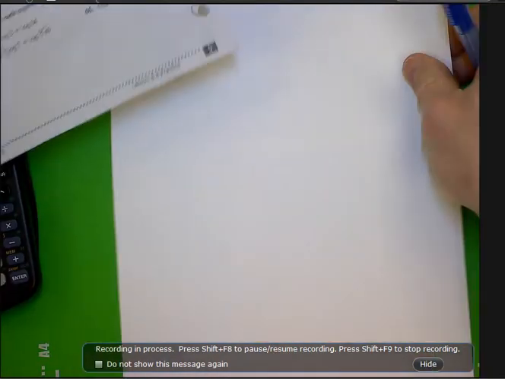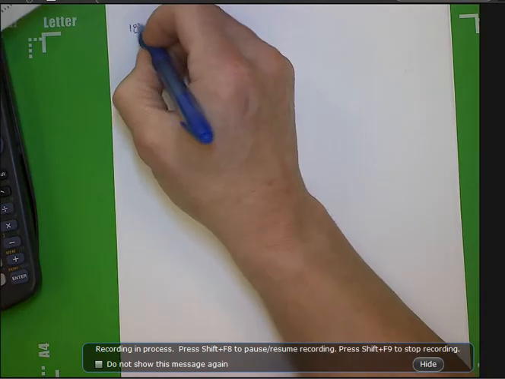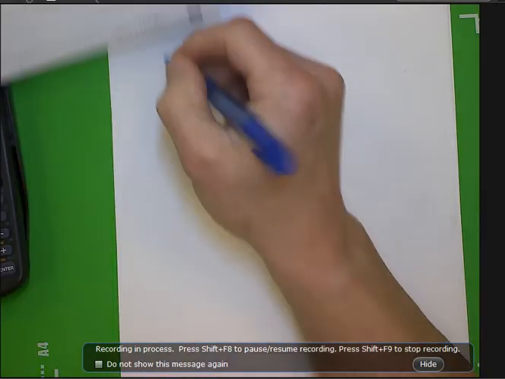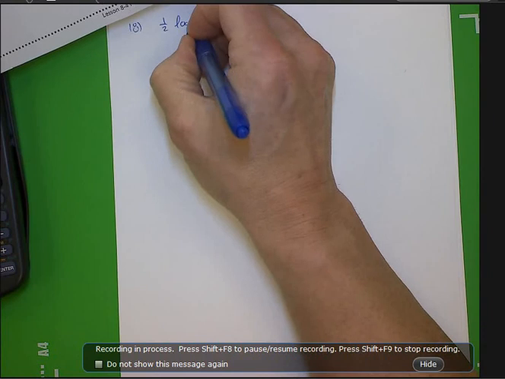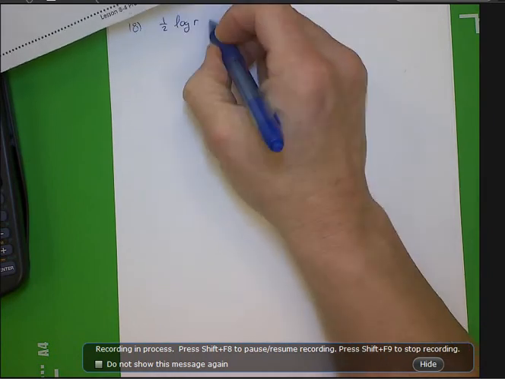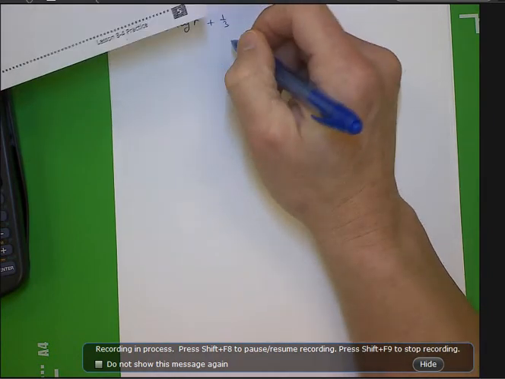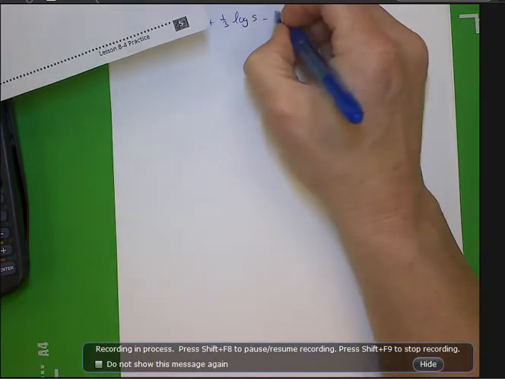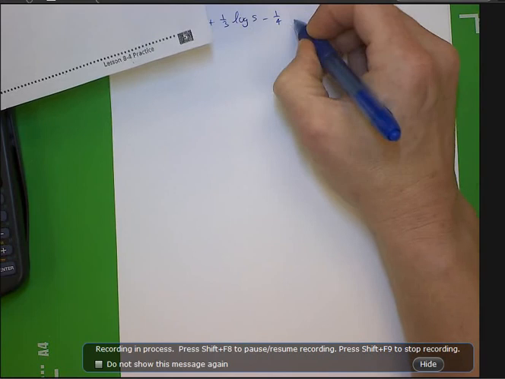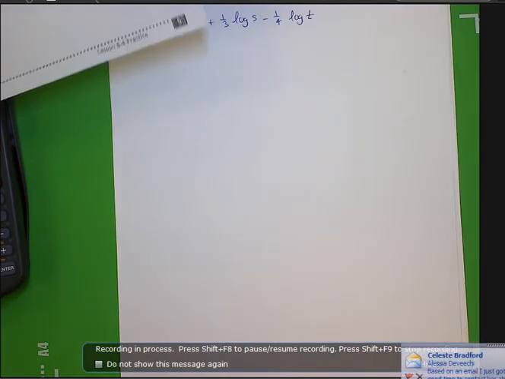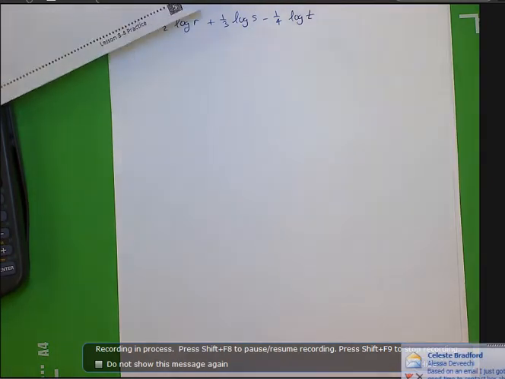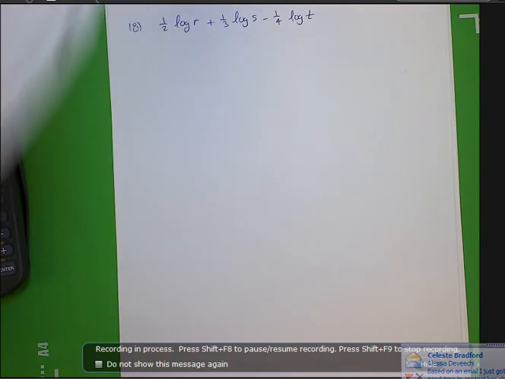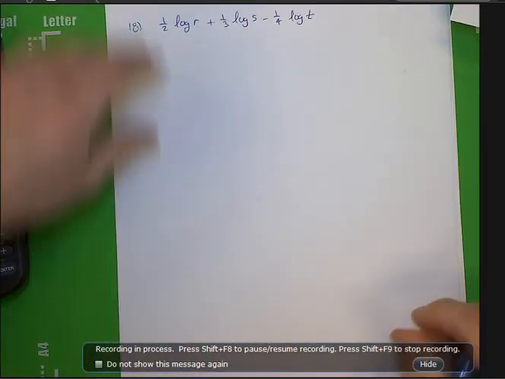Question number 18 says that I have 1/2 the log of r plus 1/3 the log of s minus 1/4 the log of t. And I am supposed to write that as a single logarithm. So we're going to use our